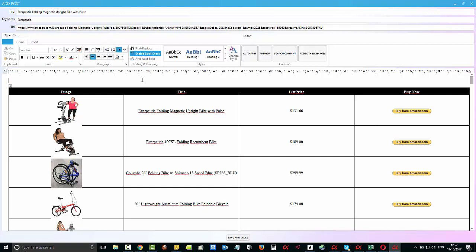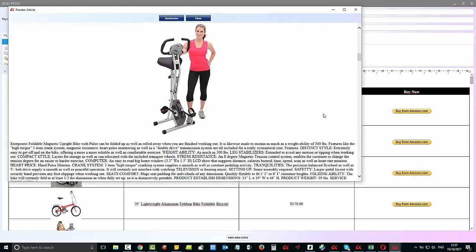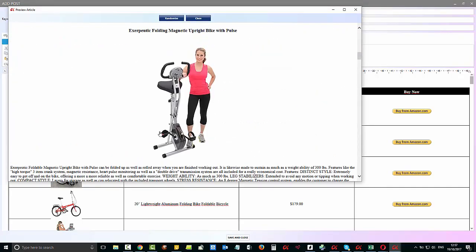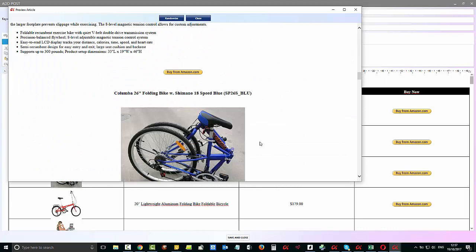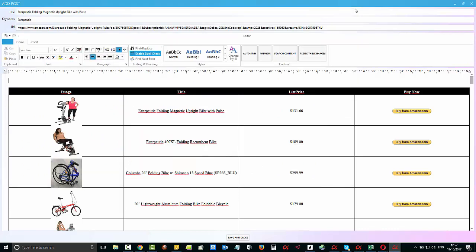Now before we do that, maybe we want to put some videos and stuff in here. So what we can do is first of all click on preview and make sure you're happy with it, make sure it's looking nice, etc. You can reformat some of this as well, which is always a good idea to do. But what if we wanted to add in here